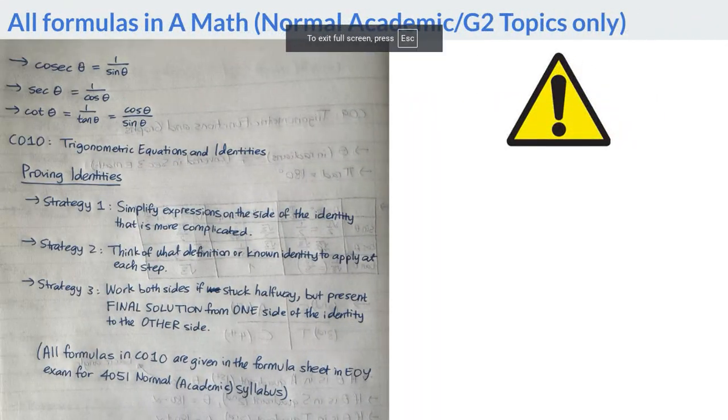Okay, then the next one is all the special functions that you need to know. Okay, you need to know what is cosecant theta. Cosecant is 1 over sine theta, and then secant theta is 1 over cosine theta, and cotangent is 1 over tangent theta or cosine over sine. Okay, if you don't know, you can also still refer to your book. Always refer to your book if you do not get my explanation yet. Okay, because my explanation goes as far as this. Alright,